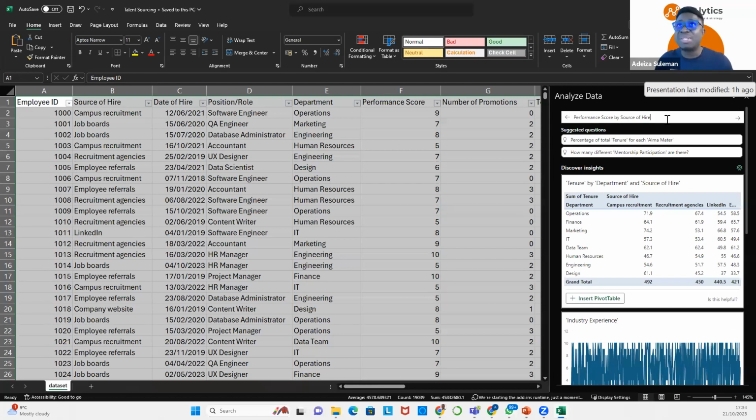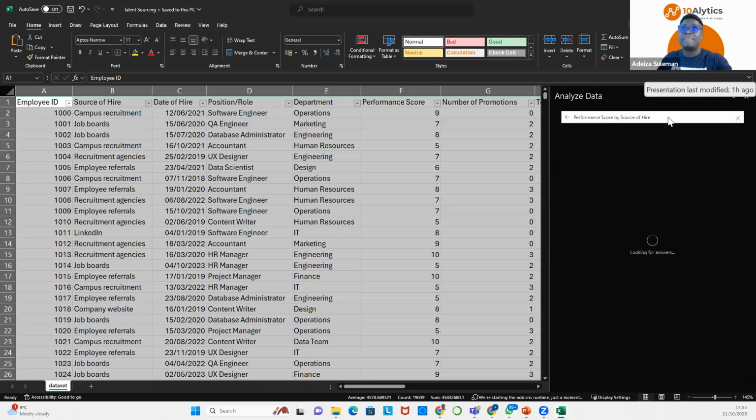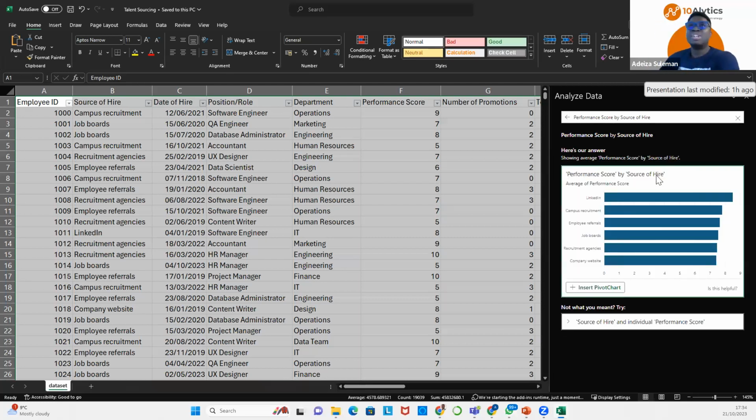Now, how do I get my results? I simply hit enter, or I simply click on this arrow pointing forward to submit my question. So I'm just simply going to hit enter. And the moment I hit enter, it's going to give me something. Let's wait. So now we have a chart created for us, and it says performance score by source of what? Hire. Performance score by source of hire. Looks like what I want. Okay, so I'm going to click on what? Insert